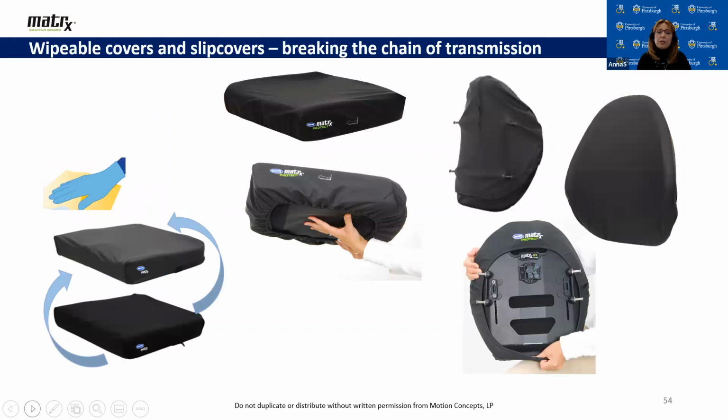As an example, it is great to have an option where you can have slip covers, shower cap style, or covers that could be reversible, so you can use them when you need them. One side is wipeable and can be disinfected with hospital grade disinfectants, and the other could be the fabric side. One of the options could be an infection control cover that covers the product, the back or the cushion, completely and has a zippered option. So looking for products like this will help to address